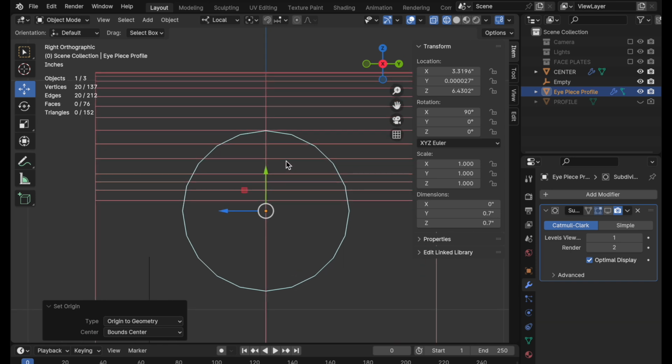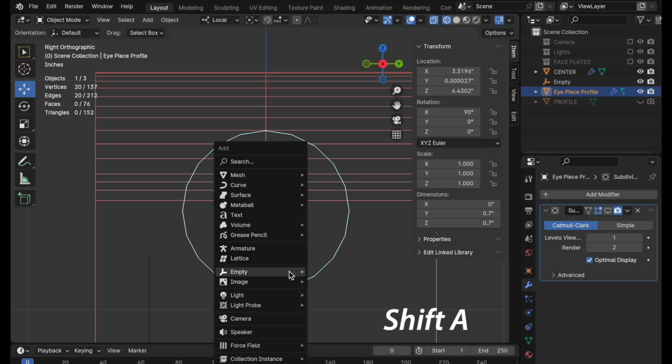When we blend it together, we need to have another circle that comes around that imprints into this geometry that's going to form the blending zone between the shaft of the eyepiece and this body. And that's what we need to put in place. So Shift S, cursor to selected, and then let's add another piece of geometry. So Shift A,